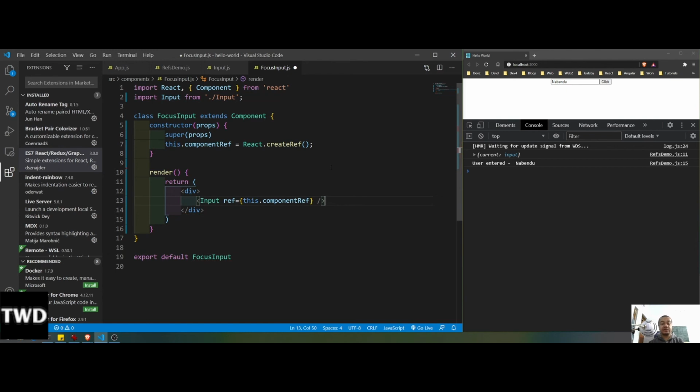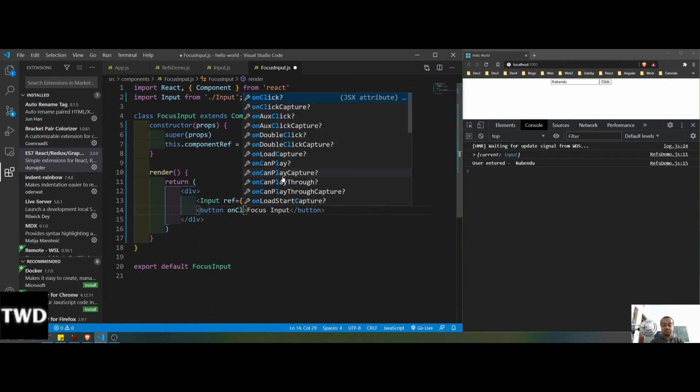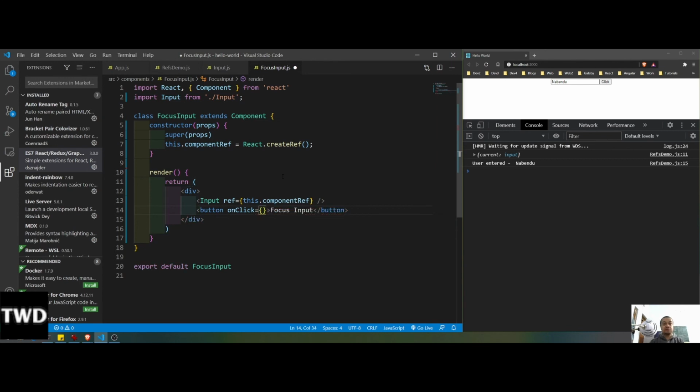So this ref which we have created, this.componentRef, but what it will do, it will have a button also, button will be Focus Input, onClick equal to this.clickHandler. So we are going to have a function, this is clickHandler,